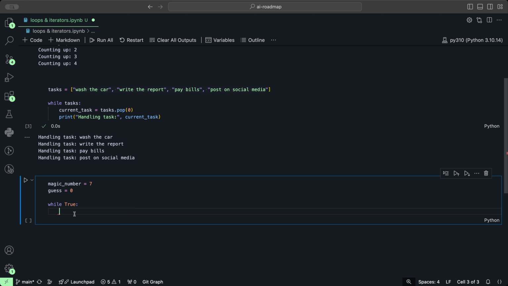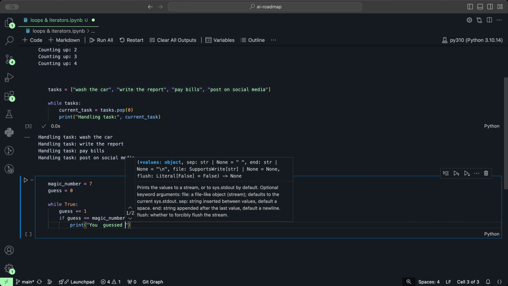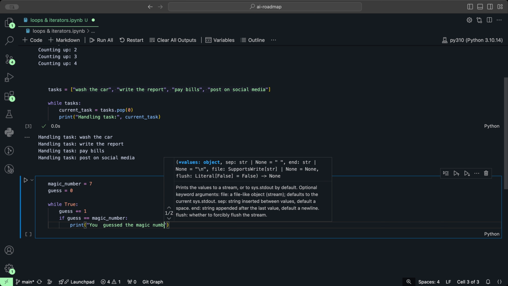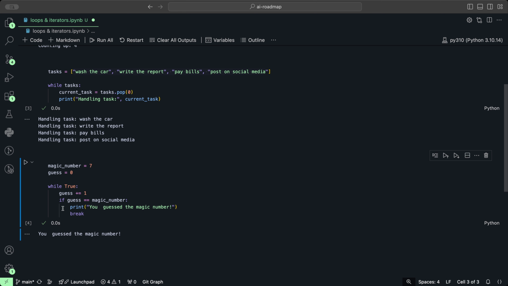So we'll do guess plus equals 1. We'll increment the value of the guess by 1, and then we'll check if the guess is equal to the magic number. Then we'll print "you guessed the magic number." And then once we have guessed the magic number, we want to break. So when we run this, we see that it guessed the magic number, but why don't we also print